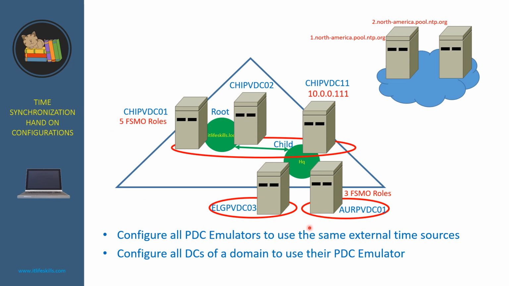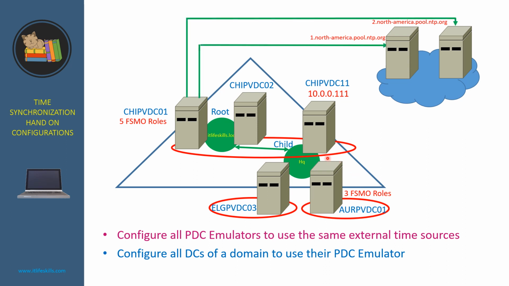Here is our Active Directory forest, and here are the 2 external time sources. In this hands-on configuration, we need to configure all PDC emulators to use the same external time sources. So in this forest, GPVDC01 is the PDC emulator of the root domain, and we need to configure it to synchronize its time with the 2 external time sources. And OPVDC01 is a PDC emulator of the child domain, and we need to synchronize its time with the same external